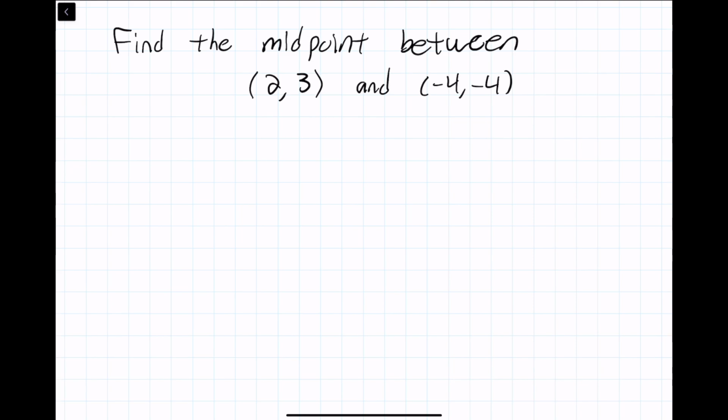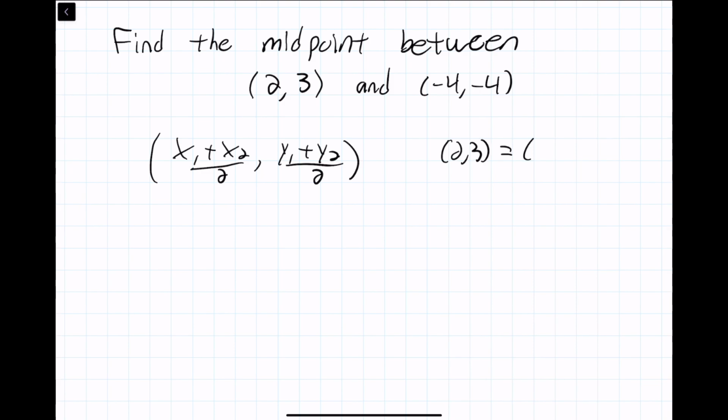Alright, so we have another set of points, (2, 3) and (-4, -4). So again, our formula is (x1 plus x2) over 2, comma, (y1 plus y2) over 2. And we know that (2, 3) is x1 and y1, (-4, -4) is x2, y2. So plugging into our formula, x1 is 2,